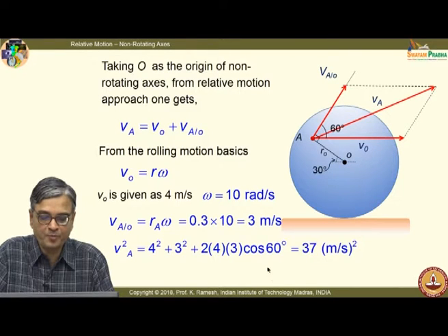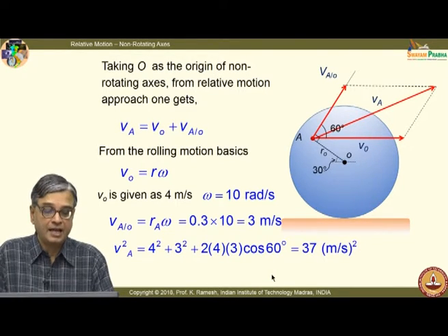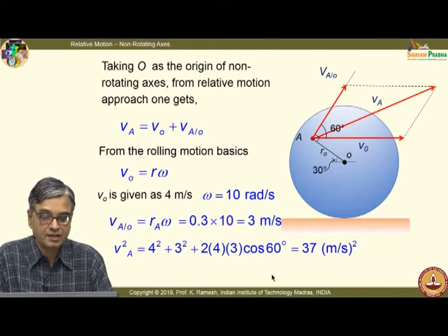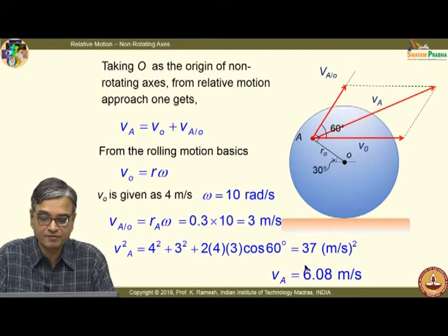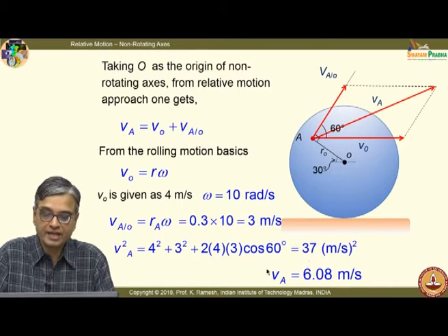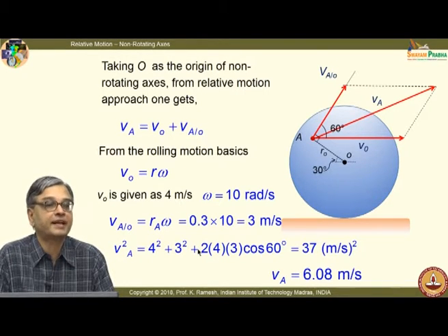It is a very simple problem to start with, and we have got the value of V A squared. Please check the arithmetic. This turns out to be, it is also wrongly written here, 37. Okay, I have V squared. I have to get this final value. This is put as 6.08 meters per second. I was initially thinking that this is meters per second whole squared, but I am calculating V squared. So, V A is 6.08 meters per second.